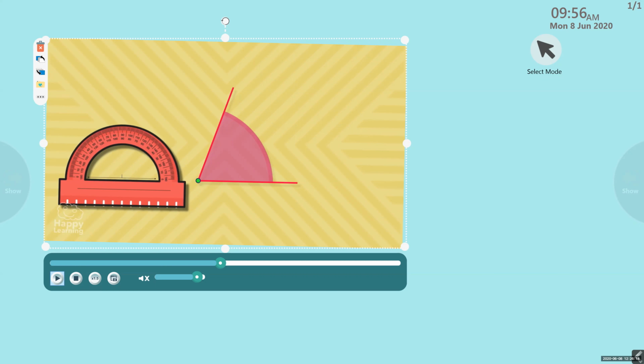That is very important, children. When we are going to measure using a protractor, you have to look at the picture and vertex carefully. Look at the protractor and where is the center? You have to place that center on the vertex of the angle. Now examine this video carefully.